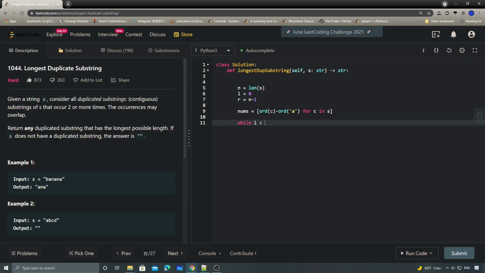So we have L and R, and the middle is going to be L plus (R minus L) divided by 2. And then we have the helper function, right? Basically, if the helper on the middle... We're trying to get the maximum, the longest, which means that if it's a maximum, we are going to assign the middle. If the helper function returns a result, we set L equals to middle, because